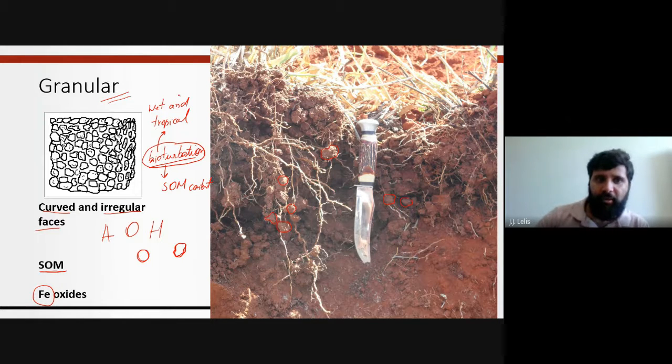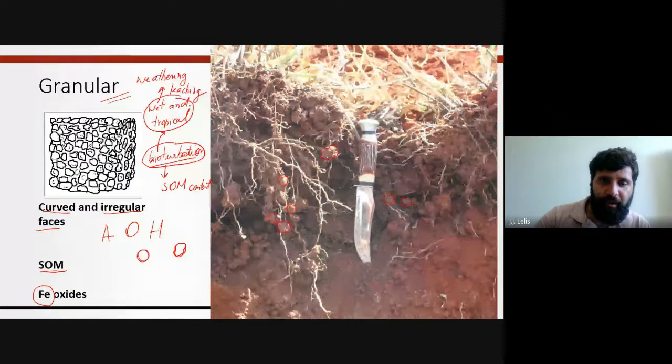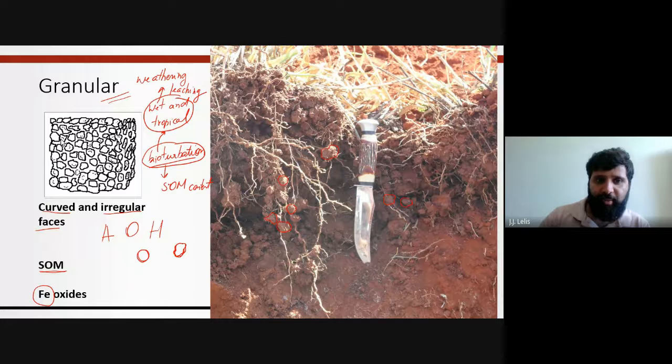Wet and tropical conditions are a climate that favors weathering and leaching. So it's common to find wet and tropical soils that have a lot of bioturbation and a lot of input of soil organic matter, and a deeply weathered and leached stage that helps to increase the